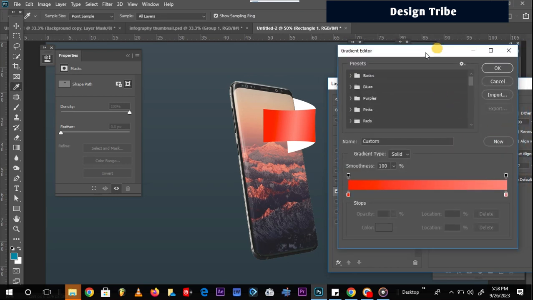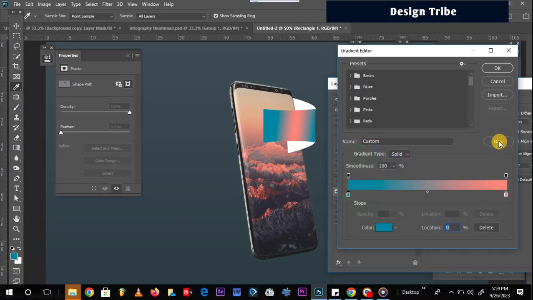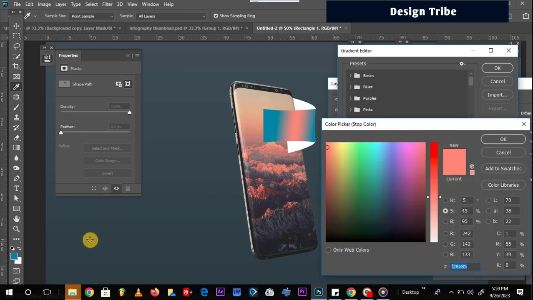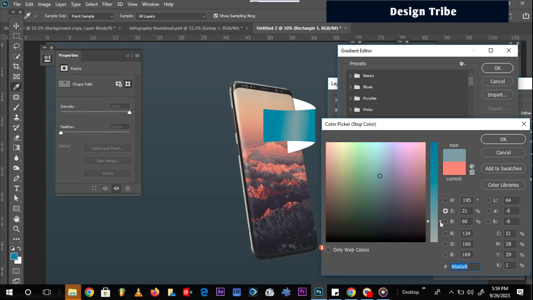So if you have not watched my video on gradients, I highly recommend that video. You can go back and watch that video. So once I choose that color, I'll come up here, double click, and I choose the same color, but now under saturation I desaturate it like this. We have a desaturated version of that